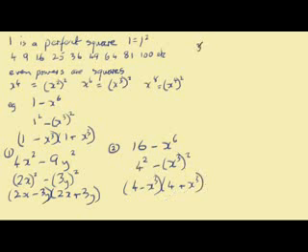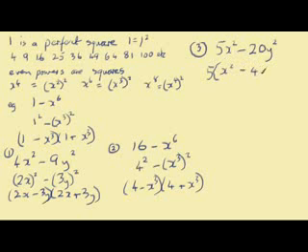And our final example, 5x squared minus 20y squared. Now we factorize by taking the 5 out, leaving 5 brackets x squared minus 4y squared, close bracket. And then we just carry on as before. The only difference is there is an extra factor outside the bracket. Now we have x squared minus 4y squared, but the 4y squared is 2y